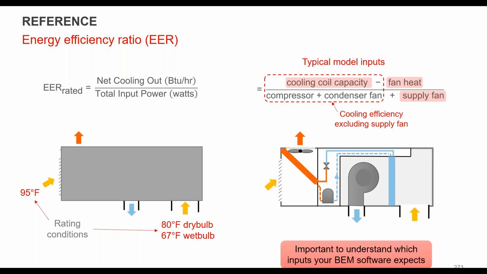It's a little more convoluted because SEER is looking at a seasonal rating over the course of several different outside air conditions, whereas EER is a single point. There are conversion tables. There's also a couple formulas that, if you go back to the previous versions of the ASHRAE standard, 2013 I think was the last year they were published, there are some normative equations that will help you convert the SEER or SEER2 values into an appropriate cooling input power or heating input power.